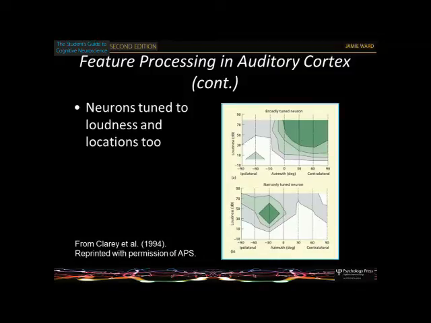So this would be contralateral. You're recording from a neuron in this part of your brain, and it responds to sounds that are presented in the upper right field here, okay? But only if they are of 30 decibels and above. Hang on, I'm not really describing it right. This here isn't space, this is loudness. So it responds to a sound over here, from both the upper and the bottom, but only when that sound is a particular loudness.